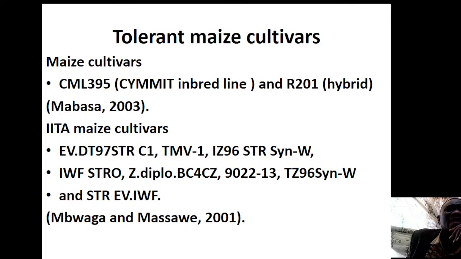Then it was interesting to note that R201, which is an old hybrid, that old hybrid was bred specifically for drought, and this one is a drought tolerant genotype,